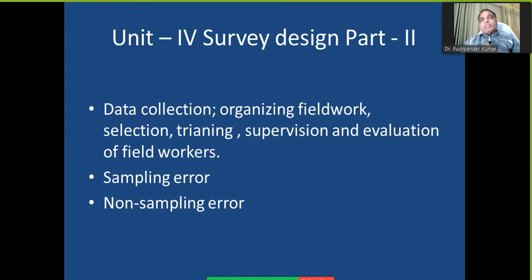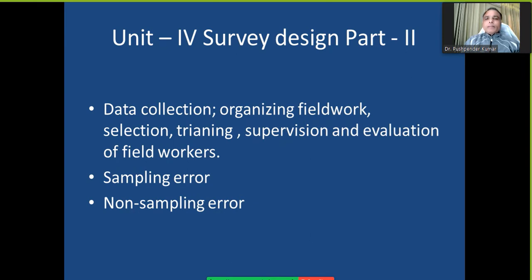Data collection is not only about designing a survey in terms of a questionnaire and finding out the respondent target market who would be your sample. Besides that, whenever you go and collect data, in this whole process, human interference and interaction play a very important role. So let us move on